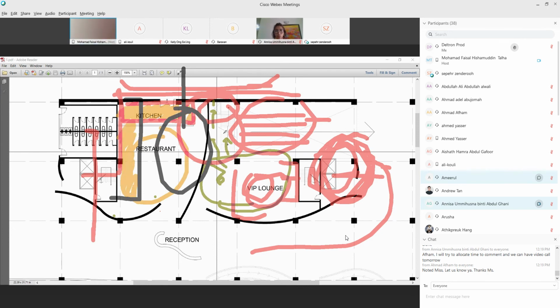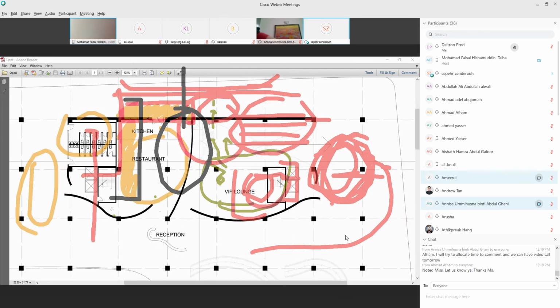Then there's a series of bathrooms which people can use. So this is the main lobby here. Yes, yeah, we can say that. Main lobby. So the public should be using only the main lobby and not this lobby.